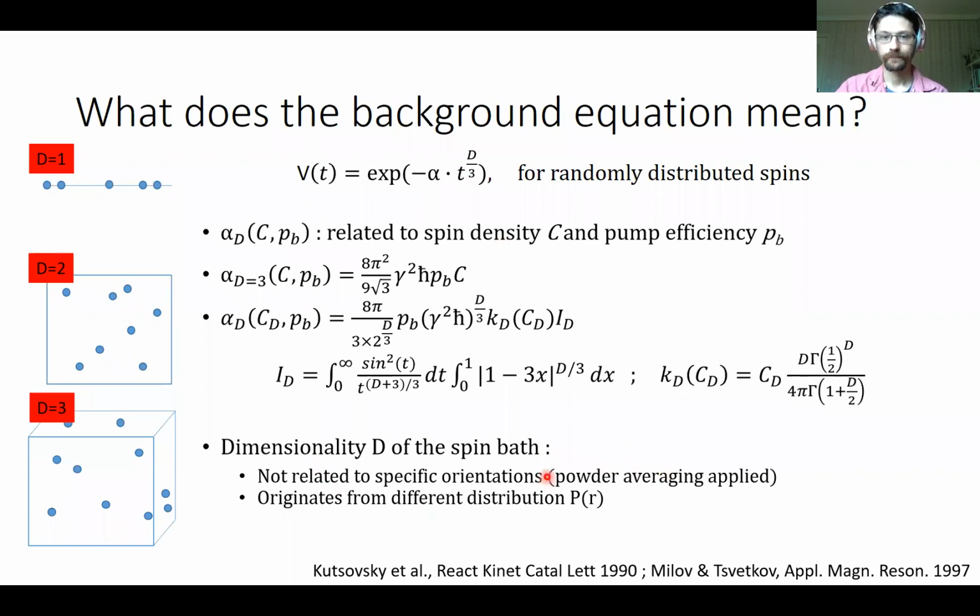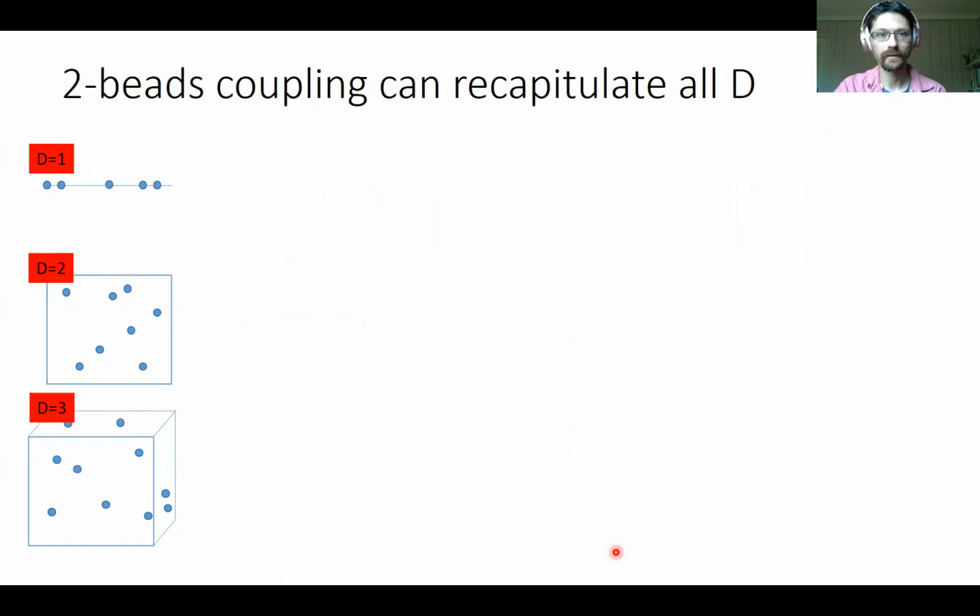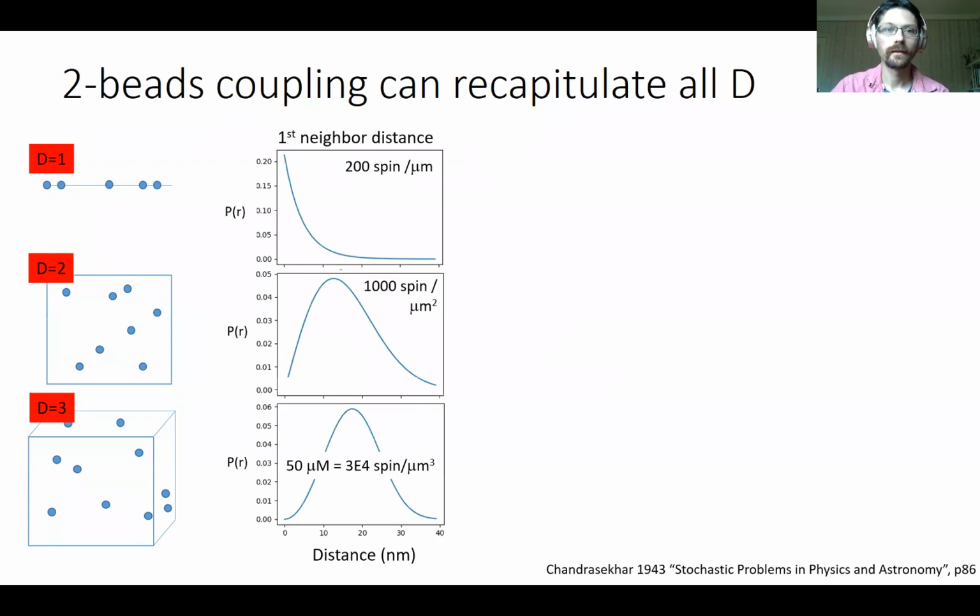So there is no need, but rather where this D is coming from: it originates from different distance distributions that themselves are different because of those different conformations. So let me show an example. I know this is not clear, but I want to spend some time because I think it's very important to understand. So here you have those different configurations, and what you can do from those configurations is compute